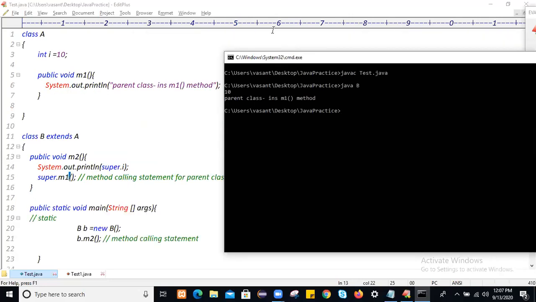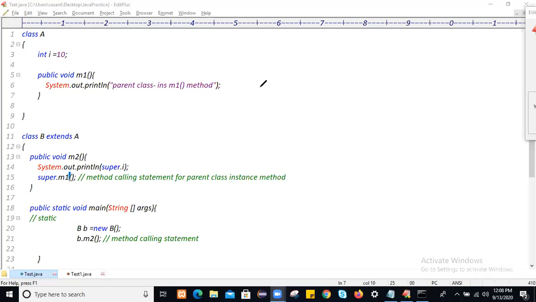Any doubt? We use the super keyword in Java to represent a parent class property, parent class variable and method. Simply, we use the super keyword to represent parent class properties. Without inheritance, if you are not going to inherit any class, we cannot use it. Here we are inheriting class A into class B. If there is a relation between class A and class B, that is called a parent-child relation, then only we can use the super keyword.